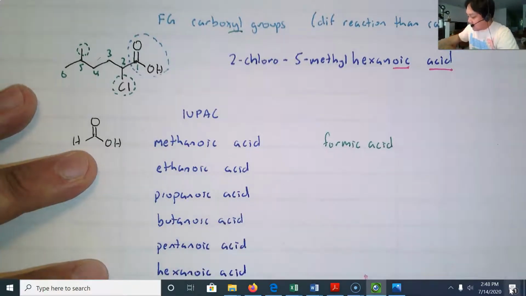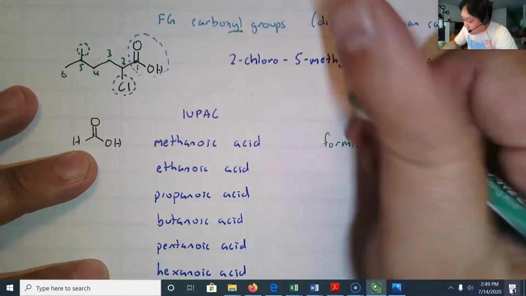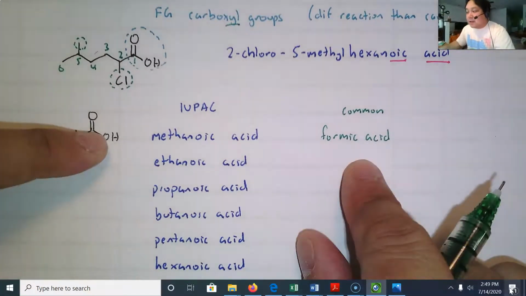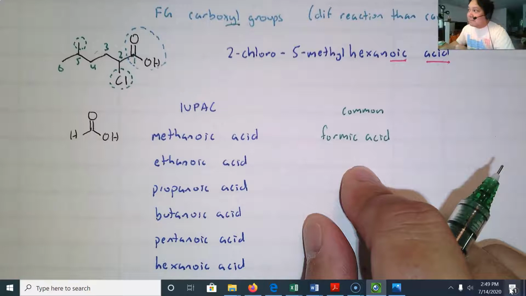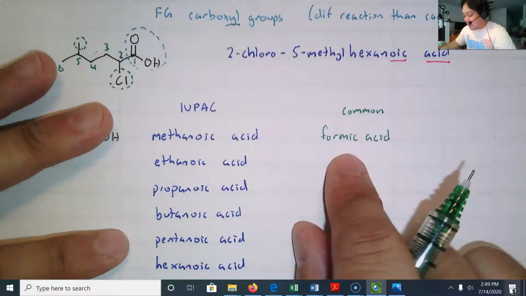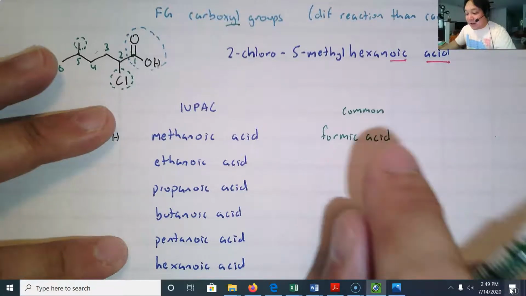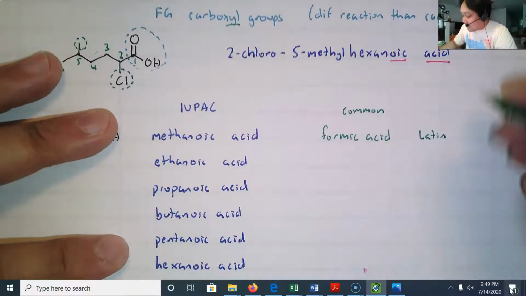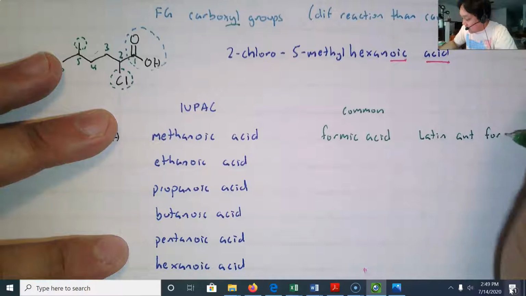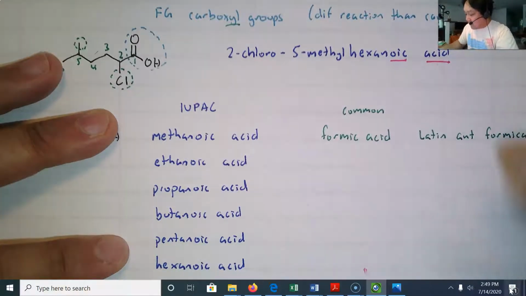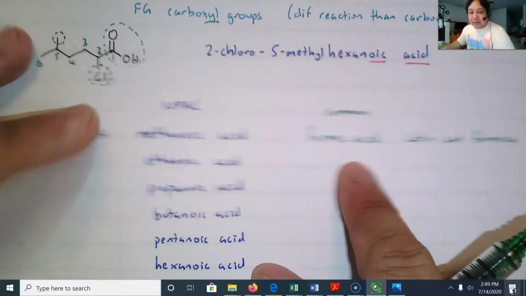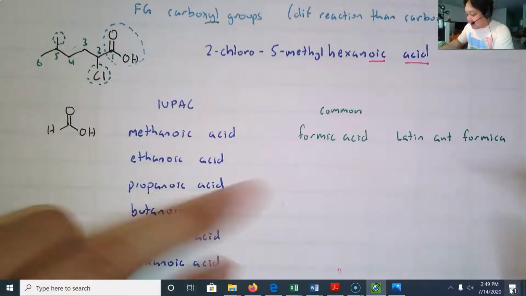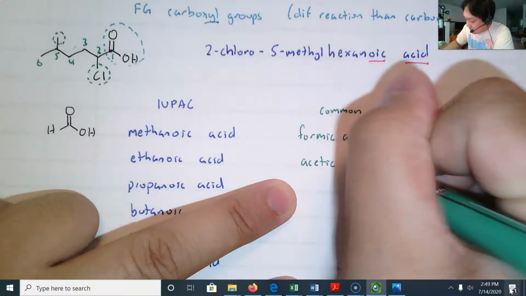The common names typically are derived from where this acid was first discovered. For instance, formic acid, my notes are in front of me, is Latin for ant, and ant is formica. The irritant in an ant bite is formic acid, is methanoic acid. Ethanoic acid you know as acetic acid, vinegar,